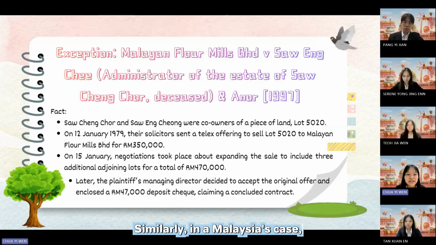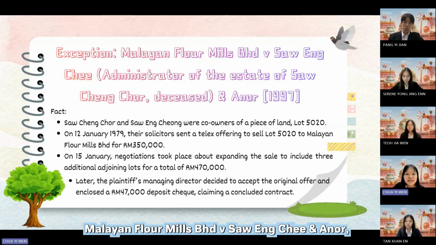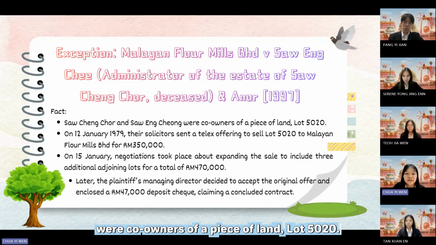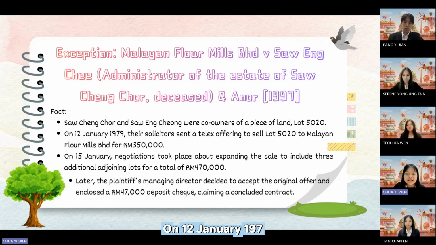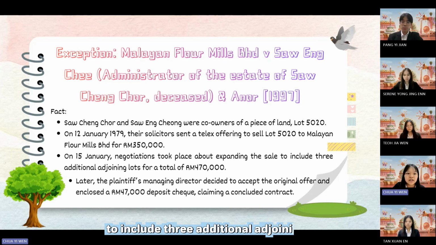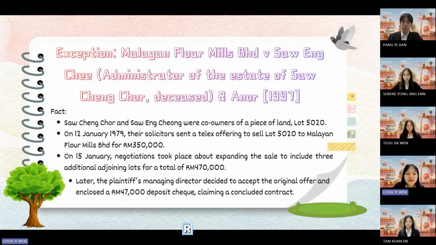Similarly, in the Malaysian case, Malayan Flour Mills Berhad v Saw Eng Chi, Saw Cheng Cho and Saw Eng Cheong were co-owners of a piece of land, lot 5020. On 12 January 1979, their solicitor sent a telex offering to sell lot 5020 to Malayan Flour Mills Berhad for 305,000 ringgit. On 15 January, negotiation took place about expanding the sale to include 3 additional adjoining lots for a total of